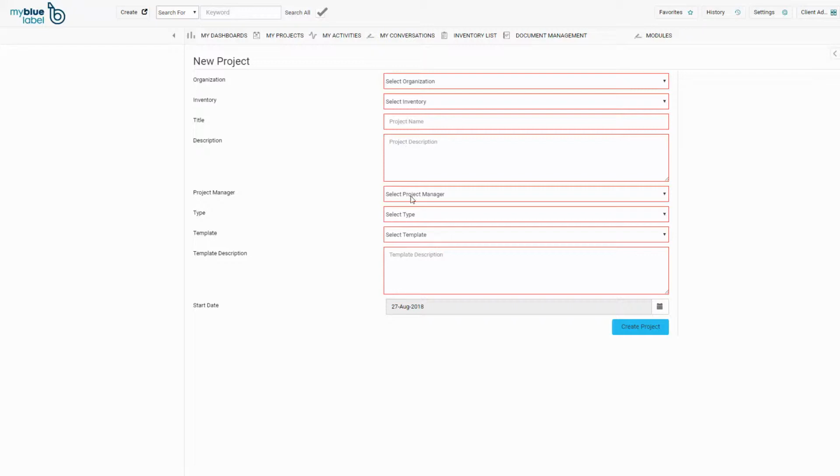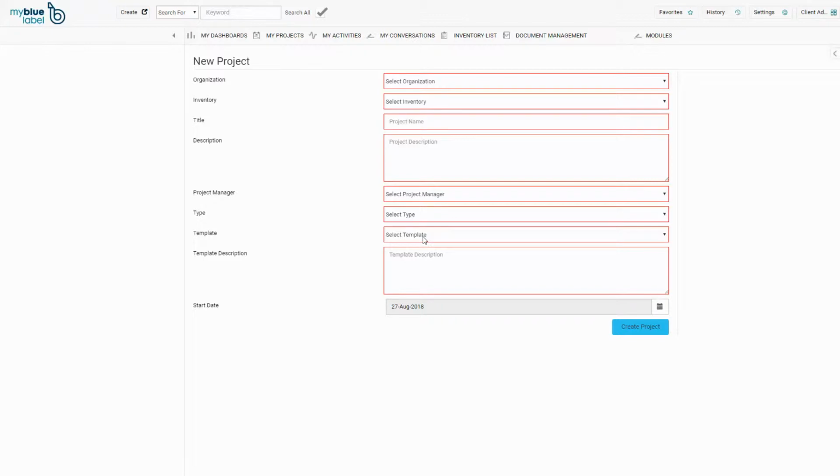As roles and responsibilities must be delegated within the project, a project manager must be assigned. Only a user who is allocated to the selected organization and who is assigned the project manager role can be selected here. In My Blue Label, the project type can either be project or operational. The context of an operational project is to make a repeatable monitoring action visible within the operation phase of an inventory. It also functions as a container of the system periodic review activities and thereby enables traceability at any given phase in an inventory lifecycle.